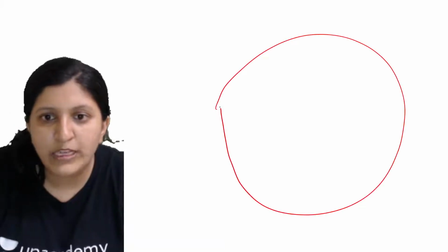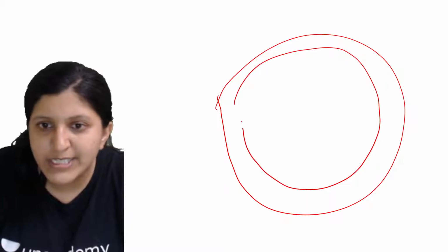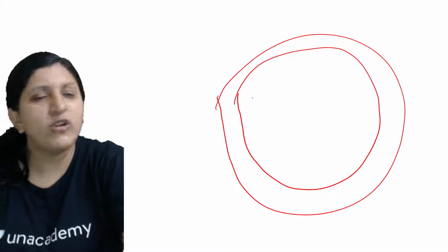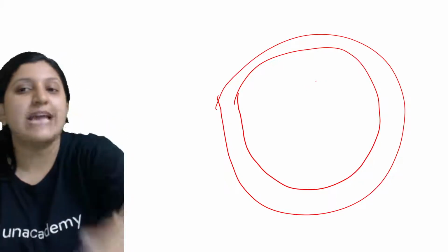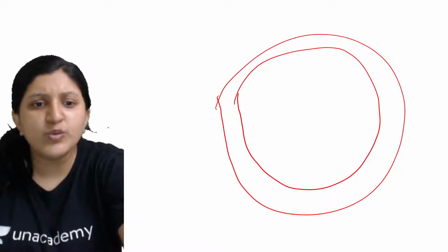So I'll just expand this one. Let's say this is a cell membrane on the whole. I'm just drawing a bilayer, because that is a semi-permeable membrane, or a cell membrane when we mention it. So this is actually a bilayer itself. It is not just one layer; two layers you can find.